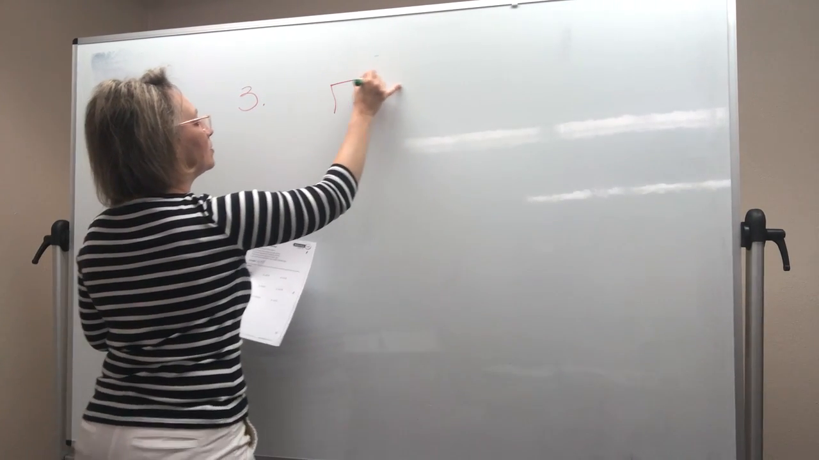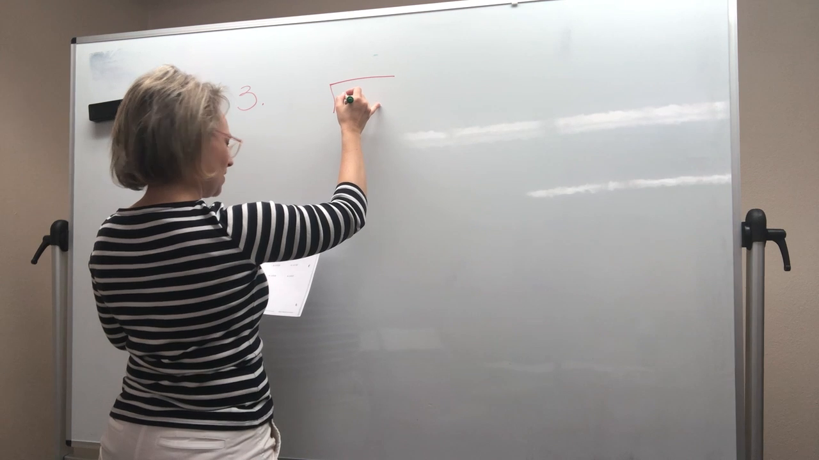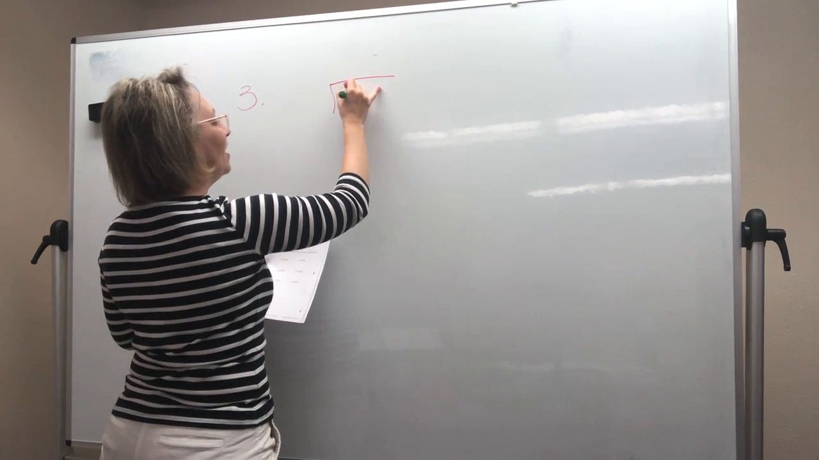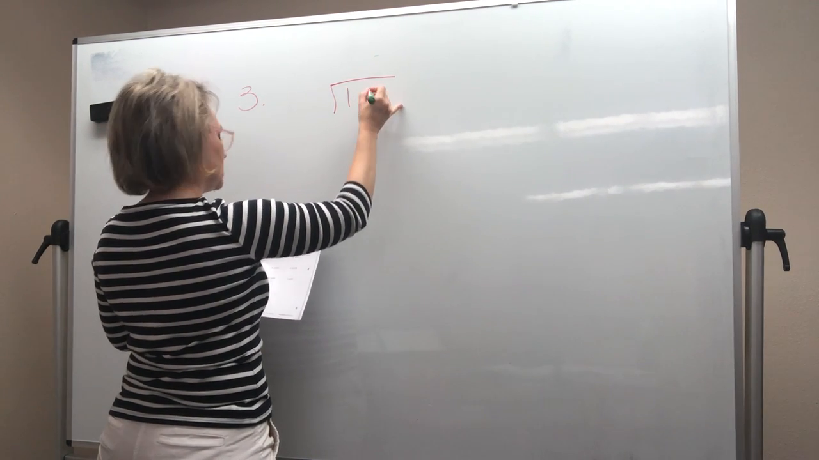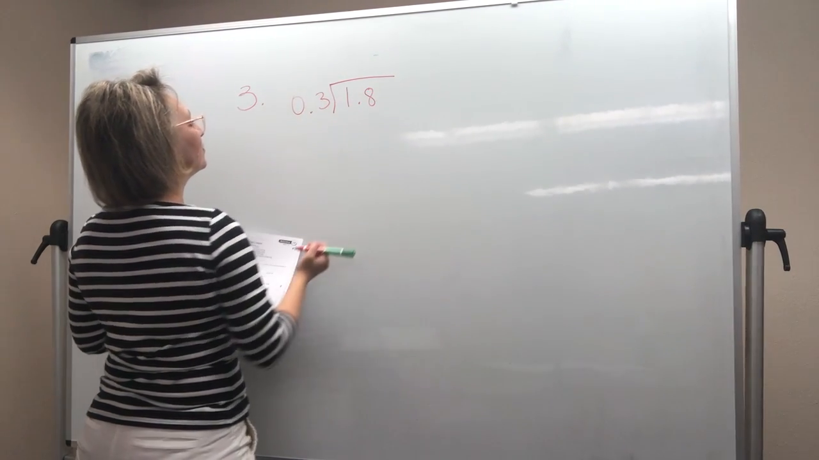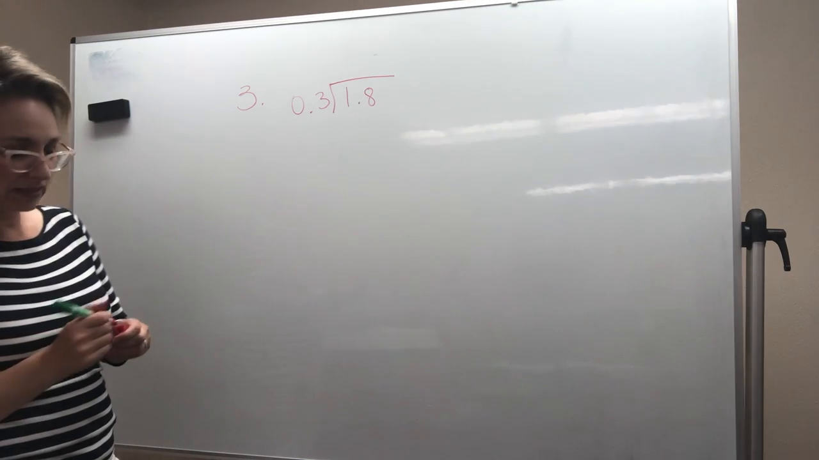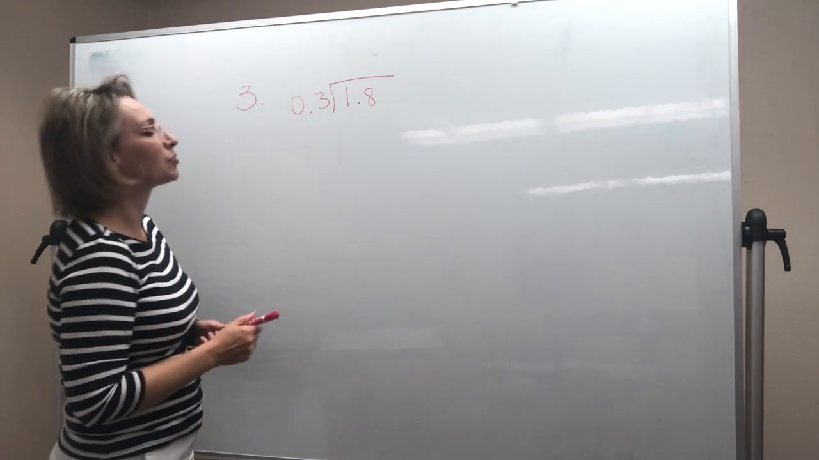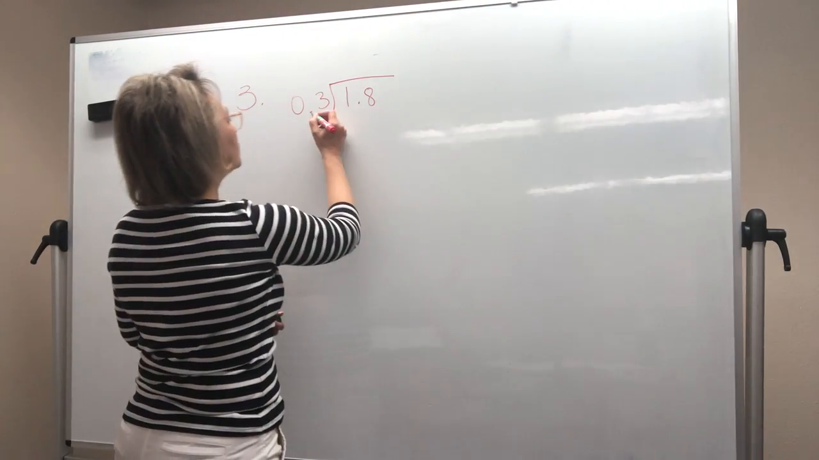Okay, there's my fraction box, my division box. 1.8. 1 8/10 divided by 3/10. Okay? Let's think about what we need to do first. We've got to move decimals. So I'm going to move